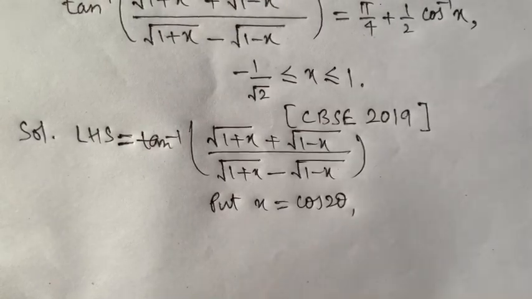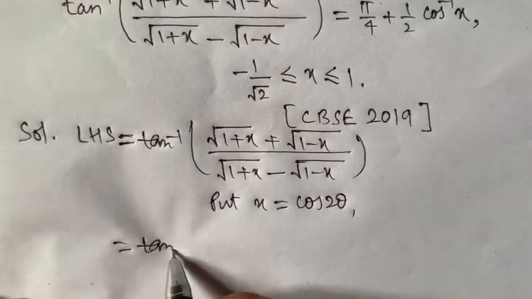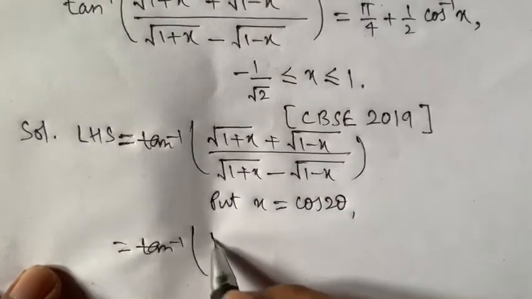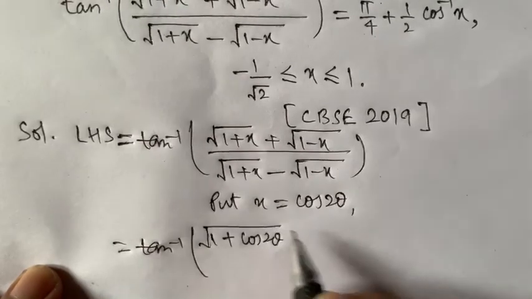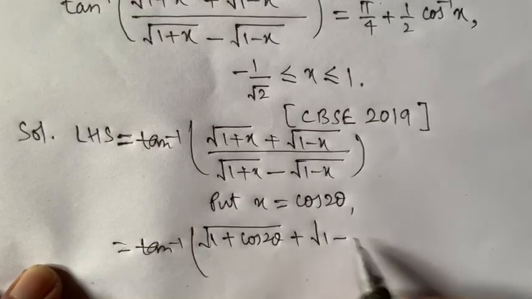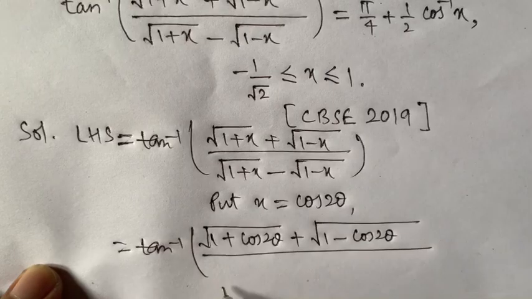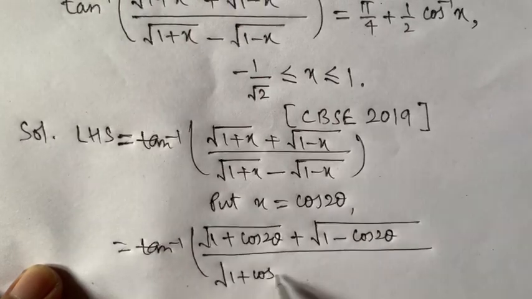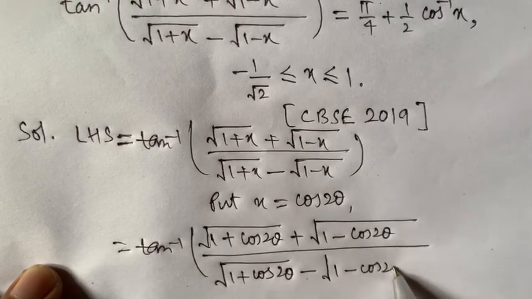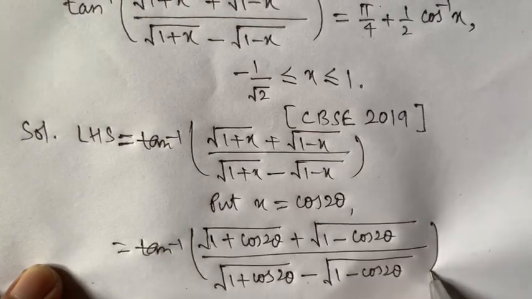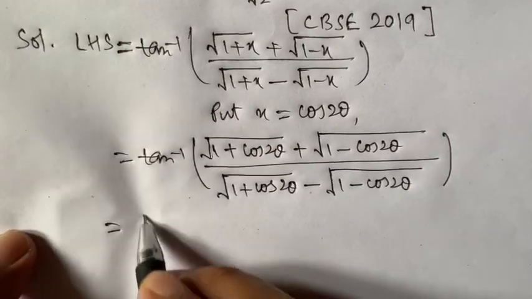Now when we put x is equal to cos 2 theta, it will be tan inverse of root under 1 plus cos 2 theta, plus root under 1 minus cos 2 theta, upon root under of 1 plus cos 2 theta minus root under of 1 minus cos 2 theta. Let us close the bracket. Now we have tan inverse of